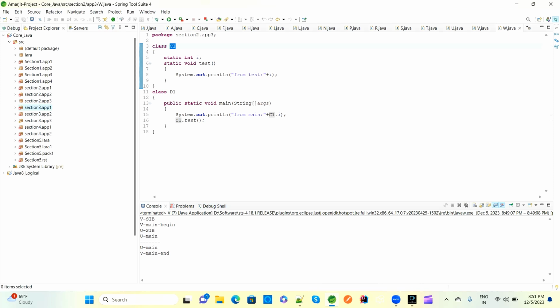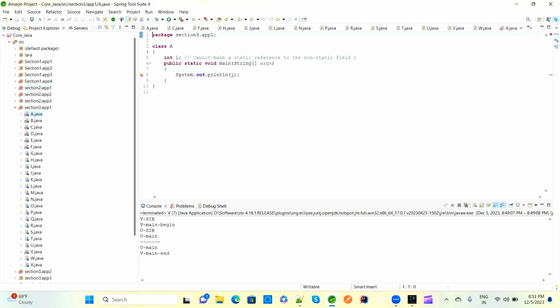Sections 1 and 2 have covered variables, class, package, method, and then static block, static initialization block, static variables, static method, and then non-static instance block, constructor with arguments. Object creation and the increment, decrement operators and all, we completed from section 1 to section 2. Now in section 3 app 1 we will cover